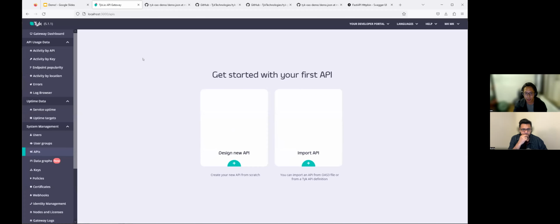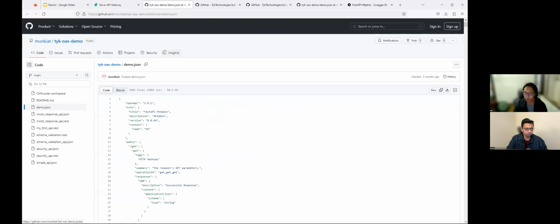And we're in. The first page you see over here is just to design your API itself. The Tyk dashboard has quite a lot of components which I won't go through today. I'll leave you guys to explore it. But for today's demo, I'm going to show you how you can organize your workflow with your OAS workflow with Tyk itself. So I do have a sample OpenAPI specification document.